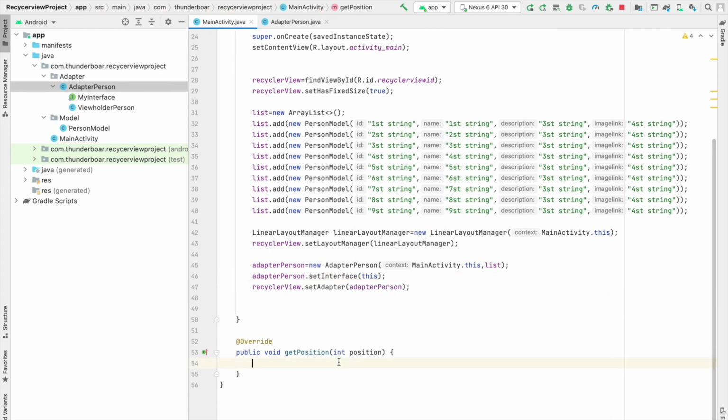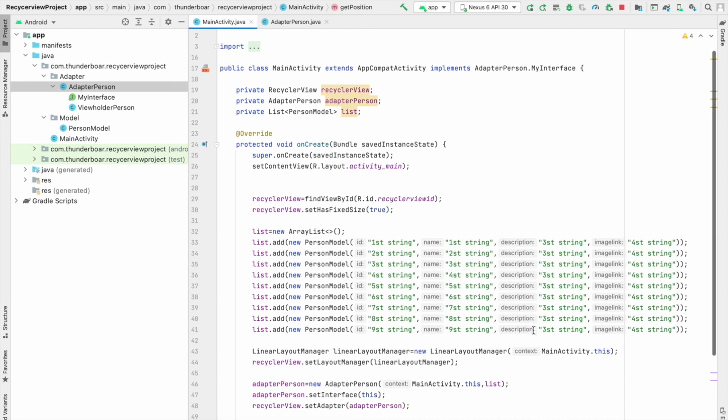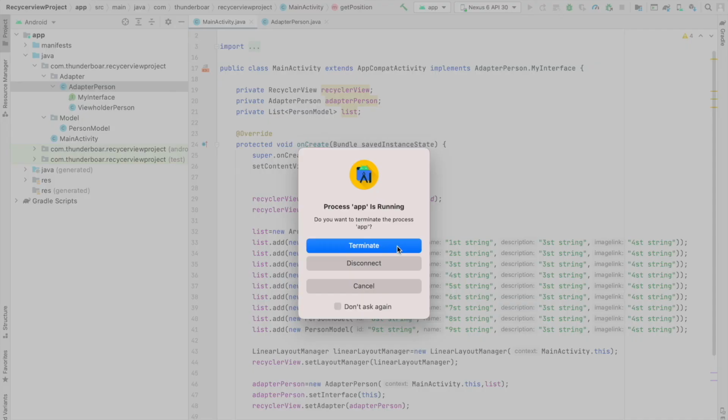Here I am going to type one toast message. I pass the position here. So everything is settled perfectly. I'm going to run my app again.